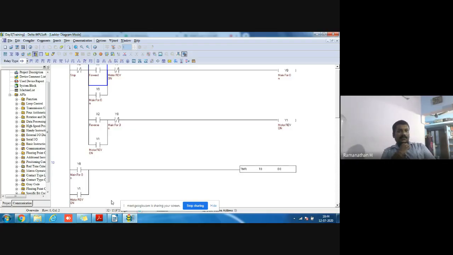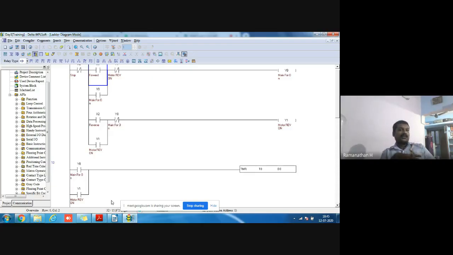Just we go through the PLC concepts once again and we move on to HMI. HMI is a human machine interface. Actually, the program logic runs in the PLC, but how does man communicate with the machine? The man directly does not interface with the PLC to communicate with the machine. That is the human machine interface, HMI or SCADA.